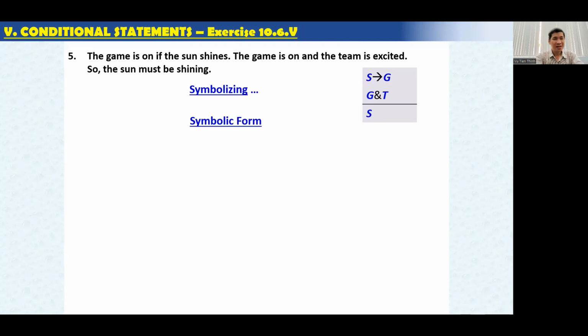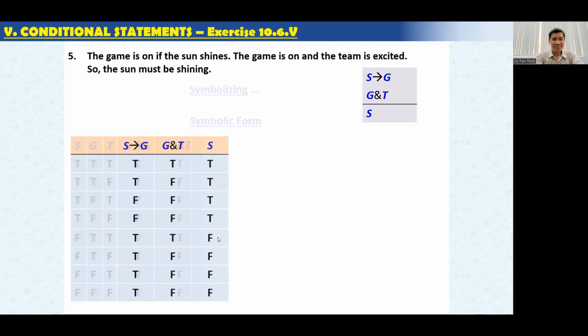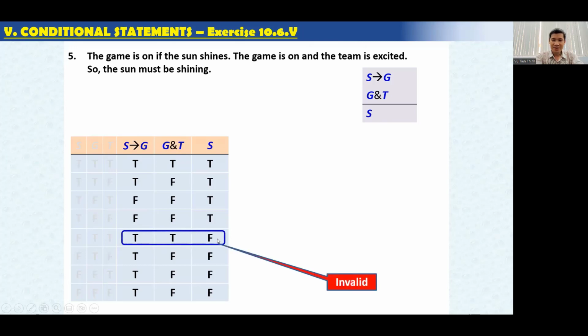The sun must be shining. What do you think? Valid? Invalid? Invalid. Yeah. But you can see, in fact, it's not so difficult, but yeah, we need to practice, we need